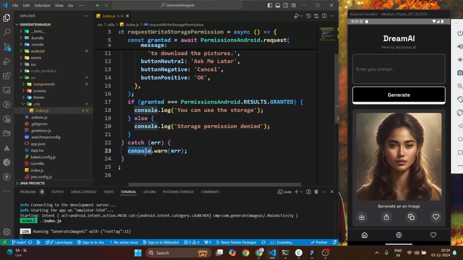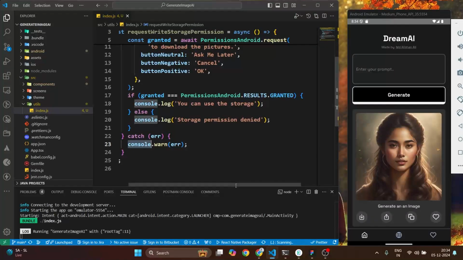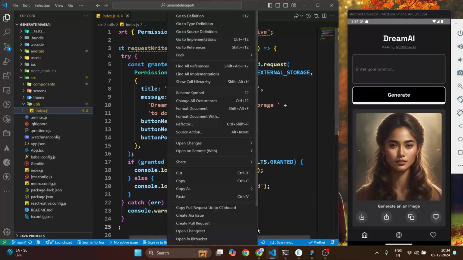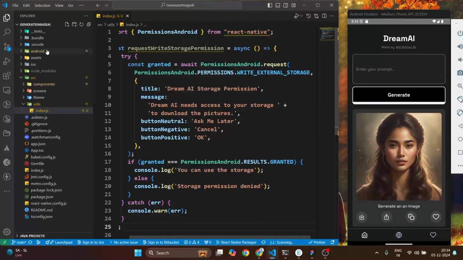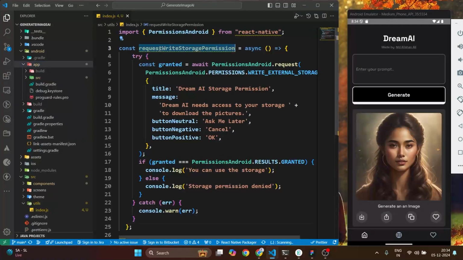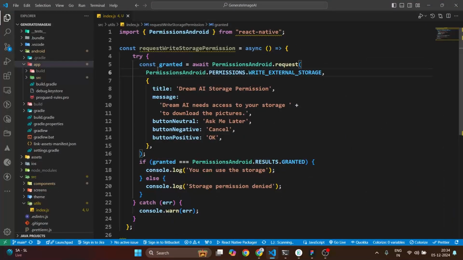Okay, and if any error comes up, just be consoling it. Okay, so let me explain what we had done. First of all, inside the AndroidManifest.xml, we had added the write external storage permission. After that, we had created one function called request storage permission. This is an async function, you can see, and we have const granted equal to await PermissionsAndroid